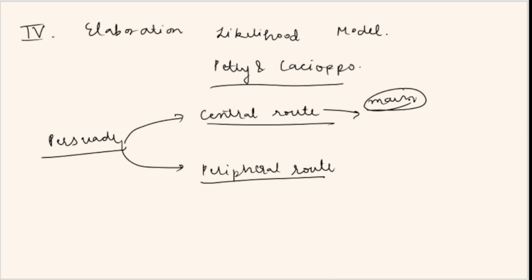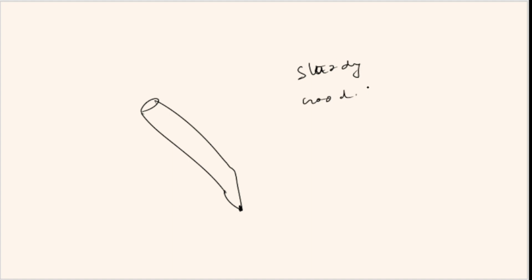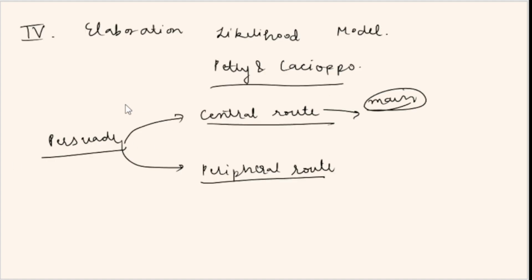For example, there is this pen. Okay. There is this pen that I want you to buy. So I will tell you the main features of the pen now. I will tell you that okay, this pen is really sturdy, or you will have good handwriting. I will start off by telling you the main things that actually matter. Okay? So in the central route,